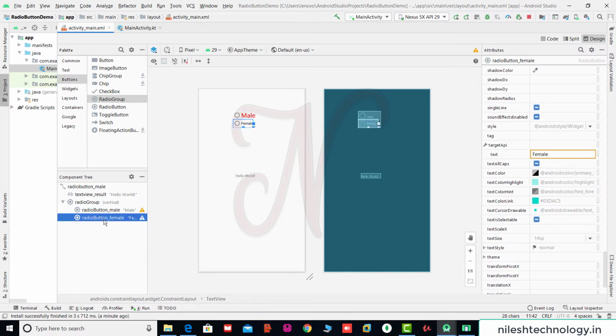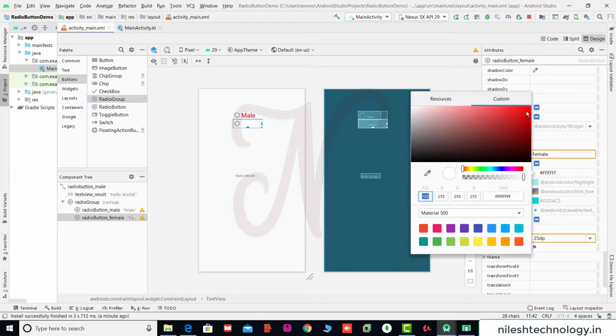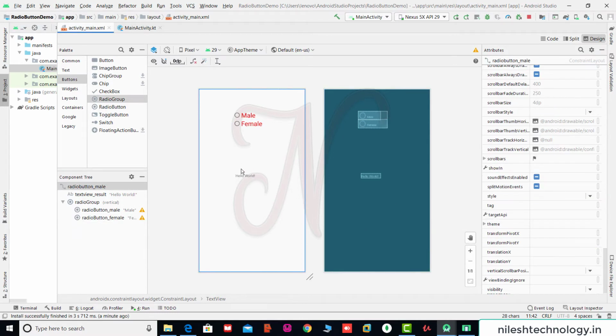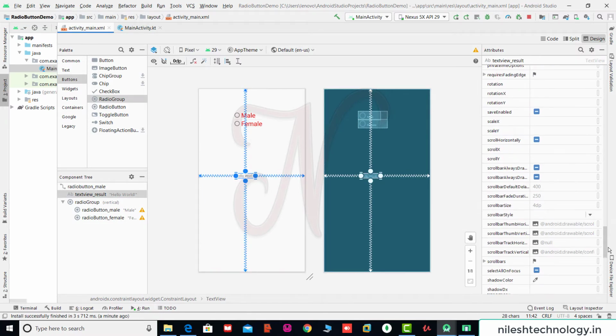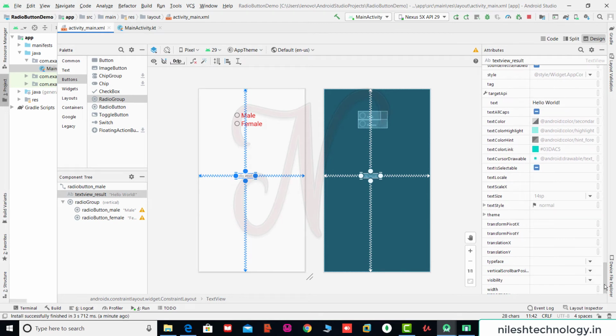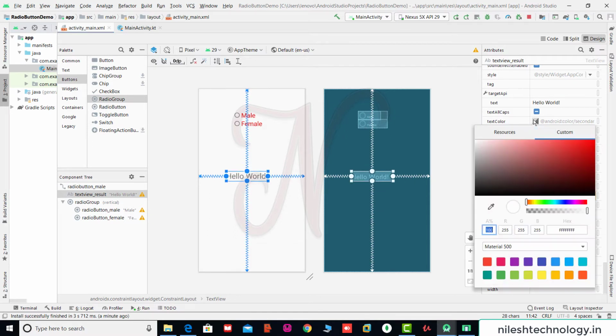Same for female: text size 25 dp and text color red. This is the hello world text view, which is the result. Here we change the text size to 30 dp and the text color to, for example, blue.